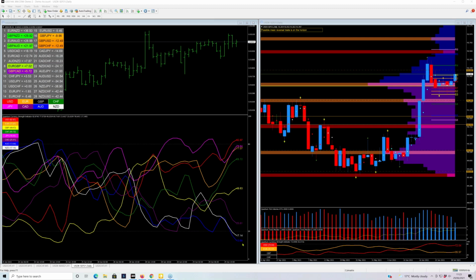That can carry on. The way we use the CSI, these numbers that we've put here, 80 and 20, are just a kind of reference point. We could have called that 65 and 35, as it were. We've just used 80 and 20. But this can carry on higher and it can stay there. So when you're looking to use it for a potential reversal trade, let's look at the